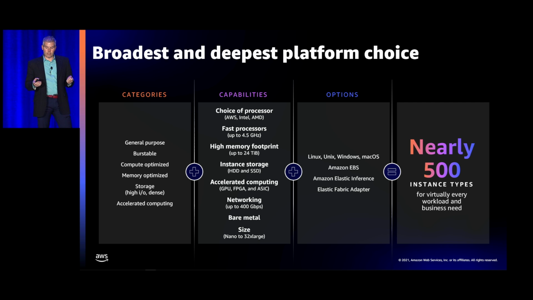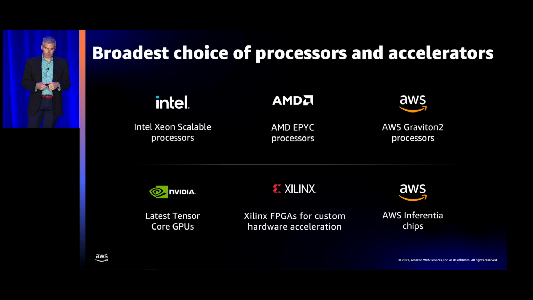We offer instances in a variety of categories, capabilities, and options within each. You can use a general purpose compute, let's say an M6i, which is on an Intel processor, with a specific amount of memory, from the category here. And you can use that with EFA if you'd like. What I do when I'm looking at these is we have the plus sign here. You can start combining. You start choosing from your categories that general purpose instance, add the capabilities and the options. And I'll explain a little bit more how you go through this as we go forward.